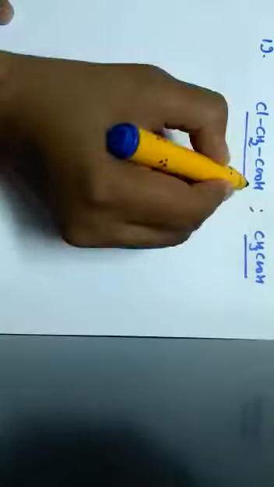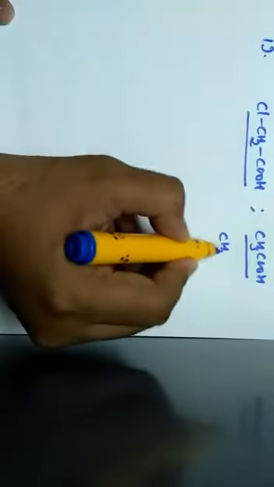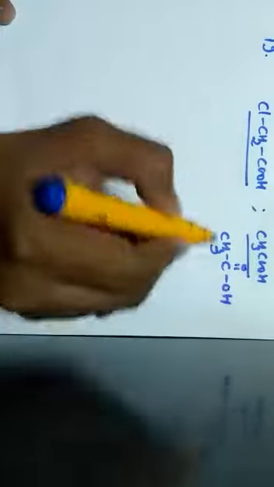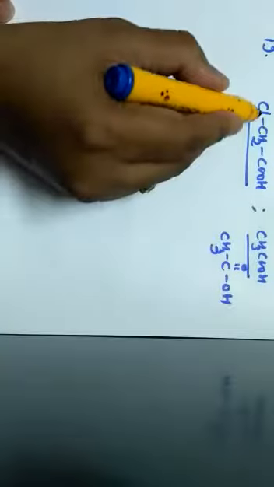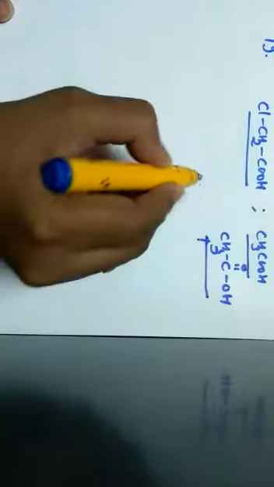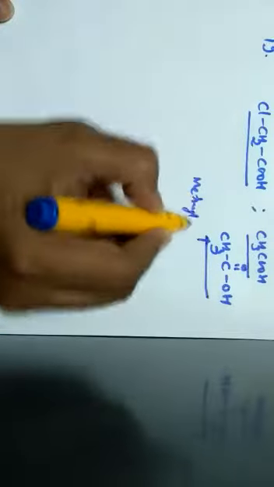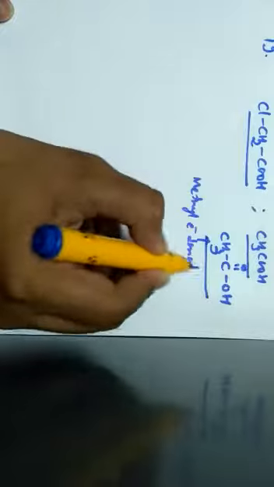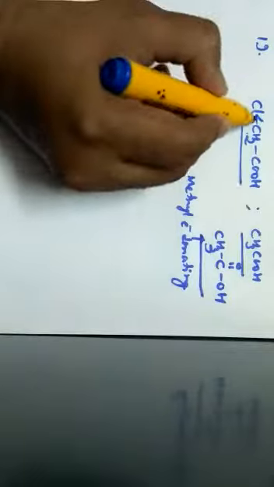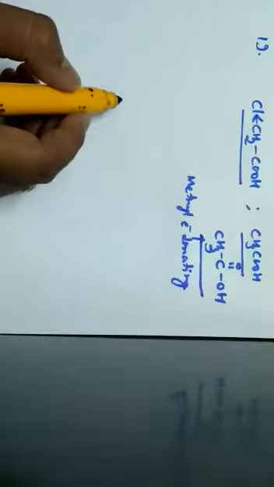So when we study the difference between chloroacetic acid and acetic acid, this can be split as CH3 C double bond O single bond OH, and this is ClCH2COOH. In acetic acid, this is a methyl group, where this methyl group is electron donating in its nature. So chloroacetic acid shows more acidic character because the chloro group is an electron withdrawing group.